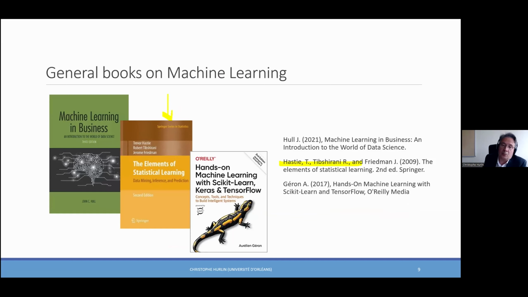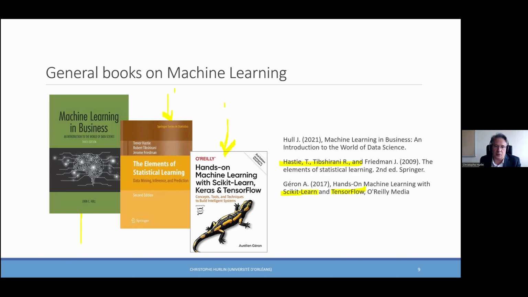On the opposite side, you have here a book that I recommend to you if you want to implement your machine learning model or method with Python, and specifically with scikit-learn, which is a package devoted to machine learning provided by the French research institute INRIA, and TensorFlow for deep learning and massive data. So this is a book for Python. This is a book for the mathematics of the statistical theory.